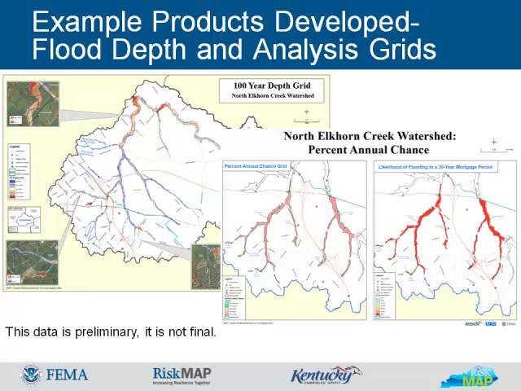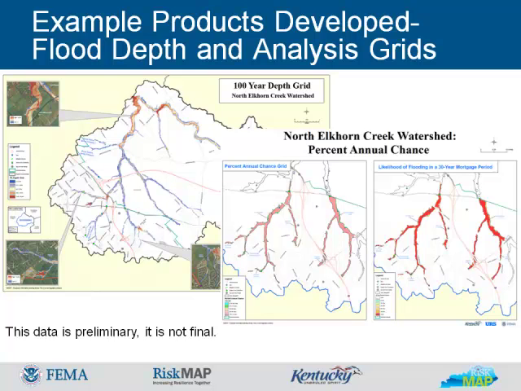The flood depth grids can be developed for the 10%, 4%, 2%, 1%, and 0.2% annual chance flood events, also known as the 10, 25, 50, 100, and 500-year floods. In addition, the percent chance of flooding in any given year and the percent chance of flooding during a 30-year period can be communicated. The features and benefits of these datasets include identifying the relative risk within the special flood